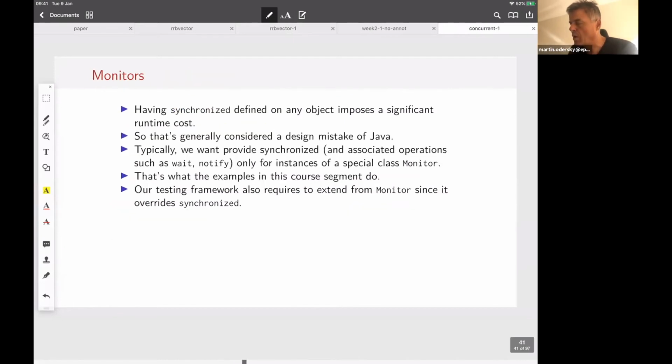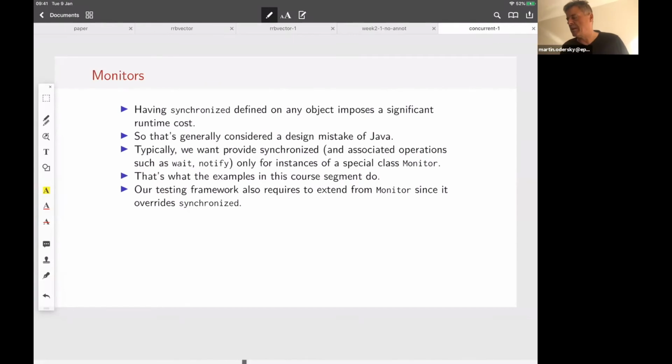Okay, so I said on the JVM, synchronized is a method of object. That means it can be defined on any object, and that actually imposes a significant runtime cost. It costs you up to one word in the header of each object, just to keep the synchronized state and things like that.